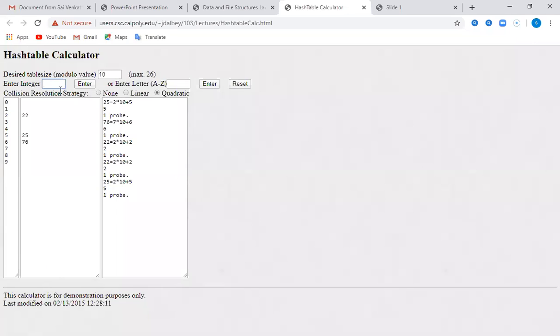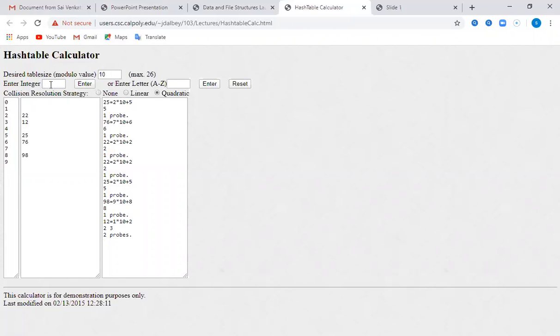So we'll go for one more integer, something like 98. 98 modulo division 10, we will get the 8th position. We are going to enter at that index. And next one, look for 12. So 12, you will enter. It will go to 22, so a collision has occurred. That's the first collision. So 12 plus 1 square modulo division 10. So 13 modulo division 10 we get 3. So in the third index we are going to enter 12.